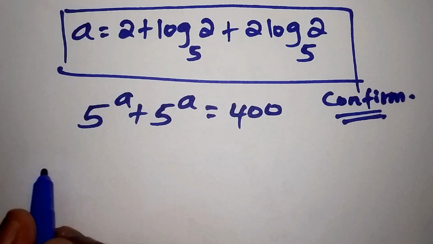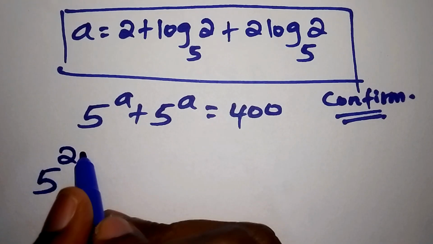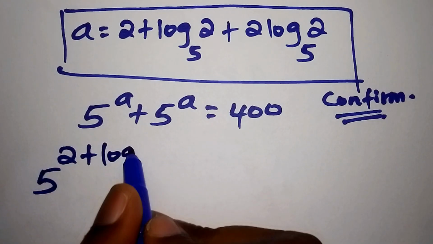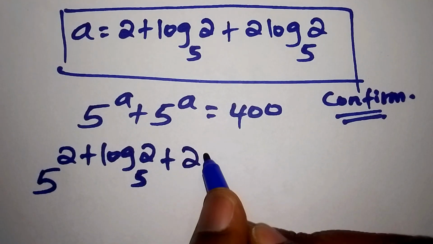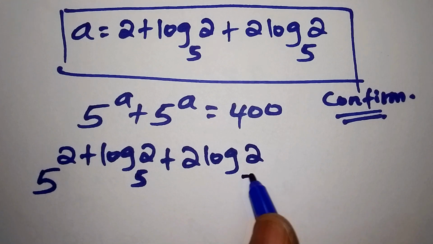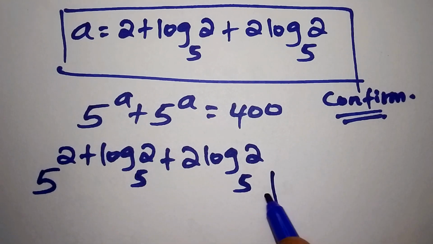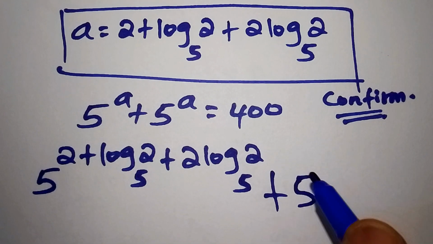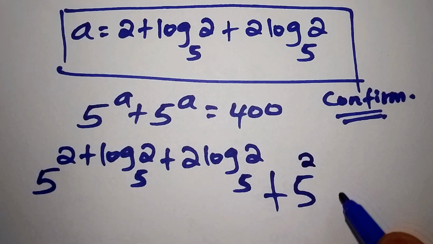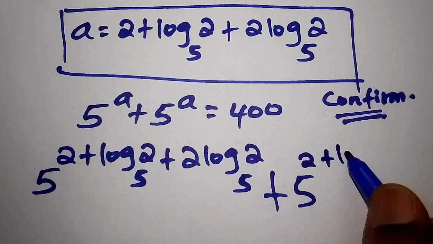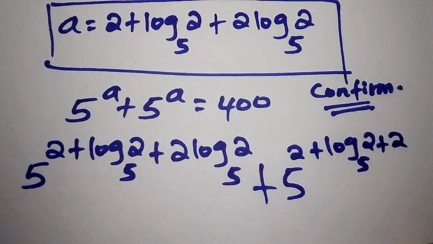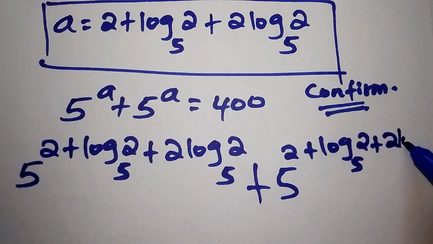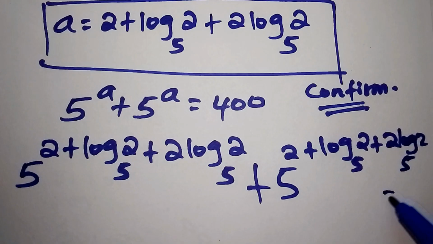So now we shall have 5 to the power of 2 plus the log of 2 to the base of 5 plus 2 times the log of 2 to the base of 5, then plus 5 to the power of 2 plus the log of 2 to the base of 5 plus 2 times the log of 2 to the base of 5. So this one now shall be equal to